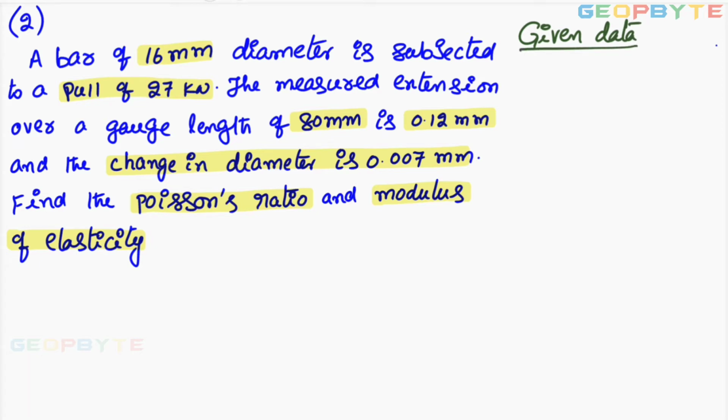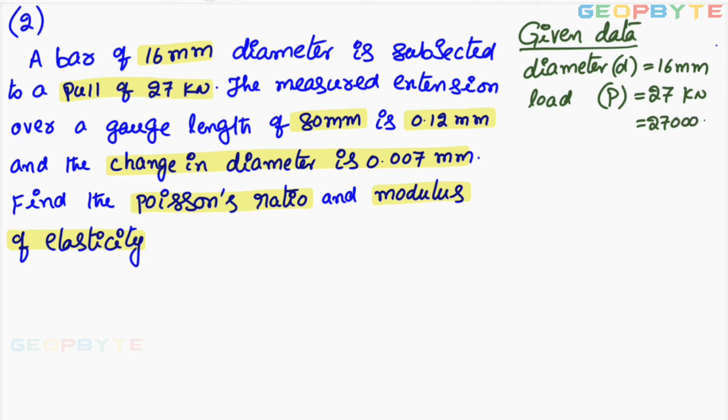Given data for this problem: a bar of 16 mm diameter, d equal to 16 mm, is subjected to a pull. Pull means here tensile load, P equal to 27 kilonewtons equal to 27,000 newtons. The measured extension over a gauge length, the original length, L equal to